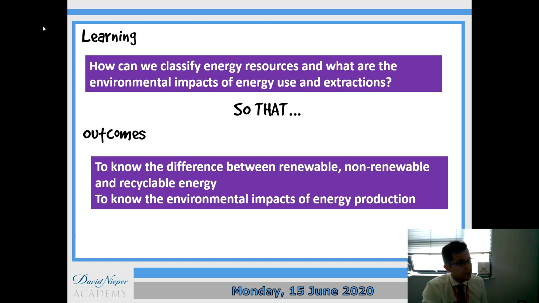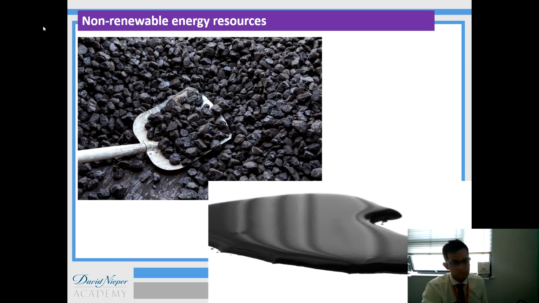The International Energy Agency, though, for now, has warned that current energy use is unsustainable. So it's important that we consider the range of energy sources that are available to us and also the environmental impacts that they have. So if we are used to getting our energy from one particular source, because that demand is going up, but the supply isn't necessarily increasing as well, then we end up in this Malthusian situation where there may be not enough supply to meet demand. So we have to look at what other types of energy resource exists. But also, as always, we need to think about what impacts these are going to have on the environment. The first category that I want us to look at today, and I want you